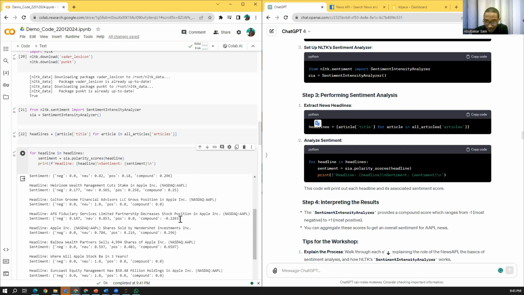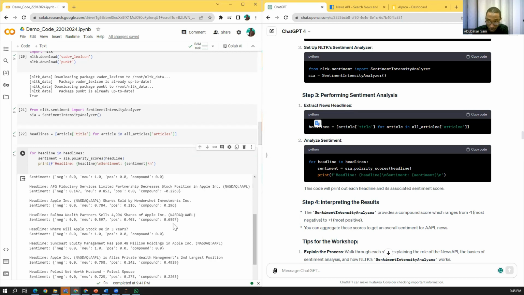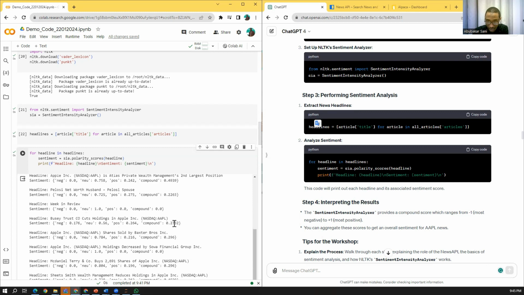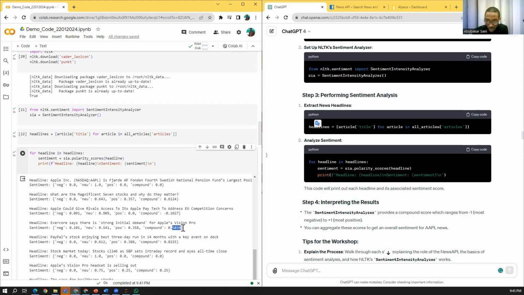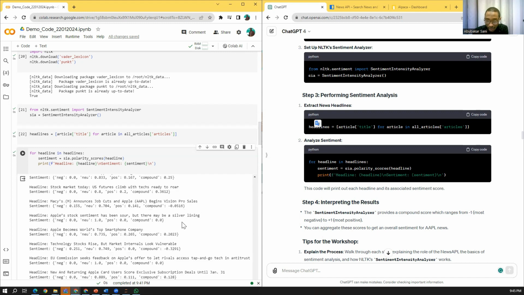Okay, let's look for a negative sentiment. Apple is a good company, so it's very difficult to find negative. But this is another good one. Another partner, Balbao Wealth Partners, they sell this particular thing. Okay, but this is saying this is good. Anyways, this is a negative sentiment, but it's 22%, not yet 0.50. I'm looking for negative 50%. I don't know if there is anything lower than negative. This is 10%. So I will buy here. Here too, I will buy.